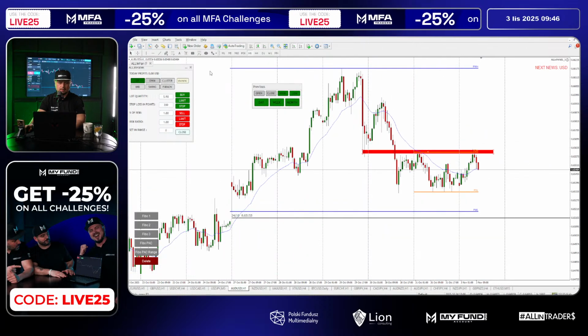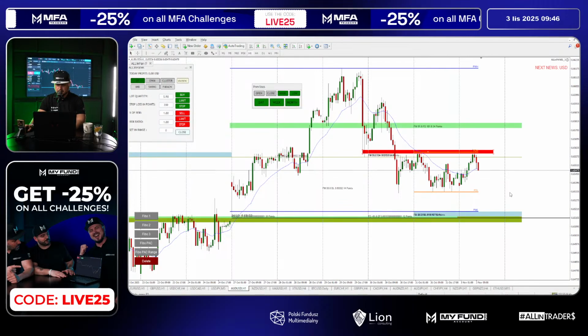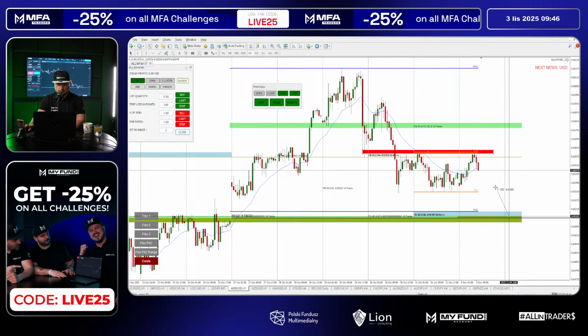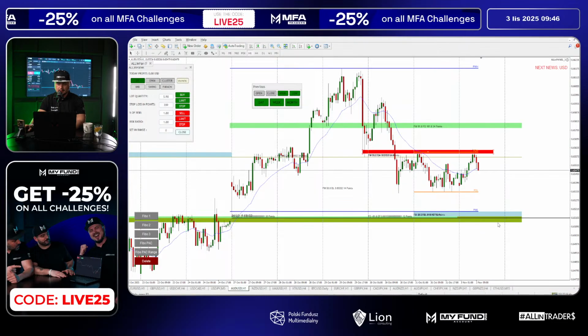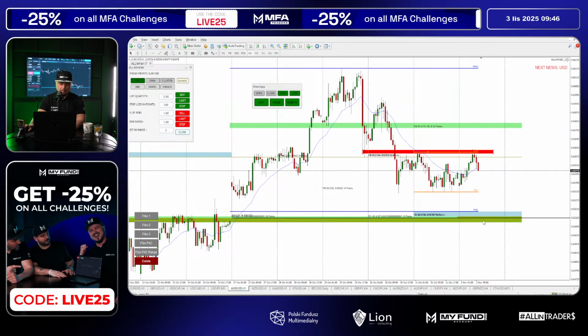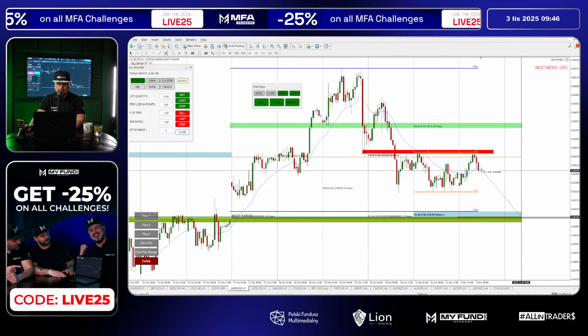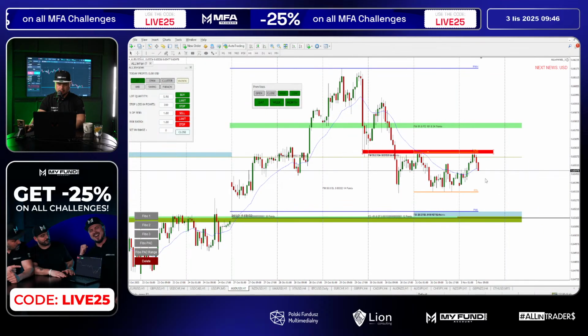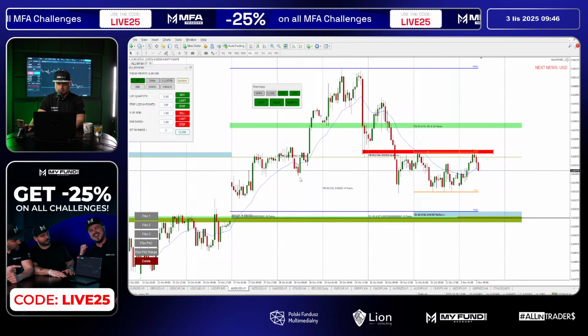Doesn't look too good. Let's check clusters. Cluster over here. We are on the way down, and we got three clusters at our, I would say, targets. So this is a nice place for reaction for sure. But we are about 32 pips away from this target. But we can set an order for reaction also.